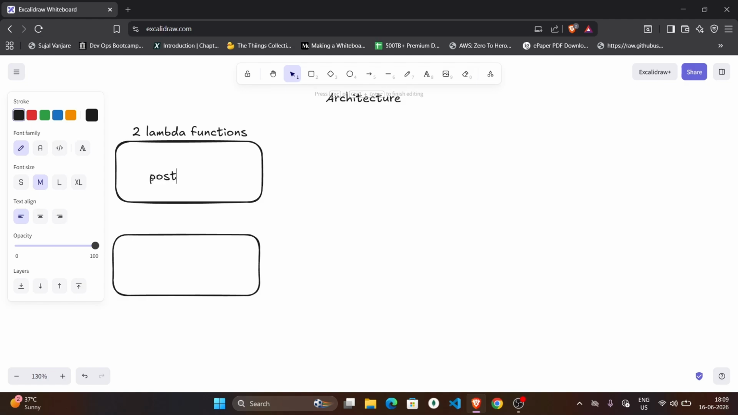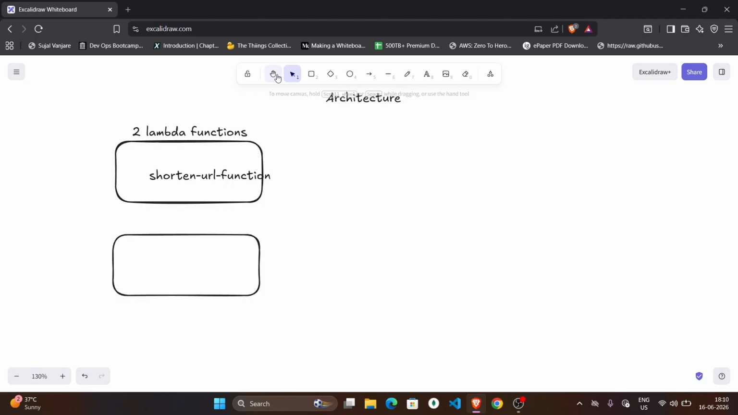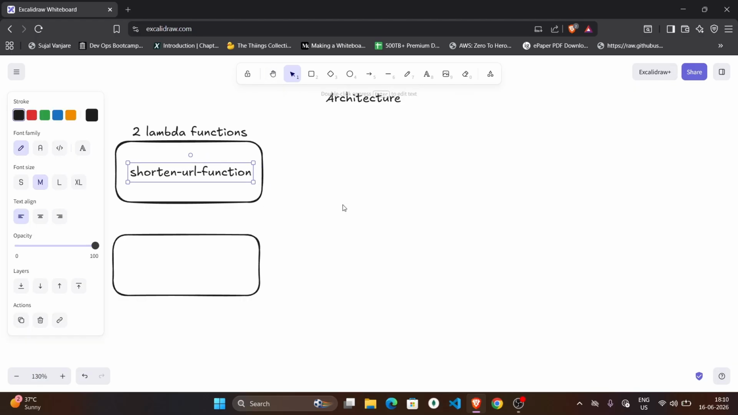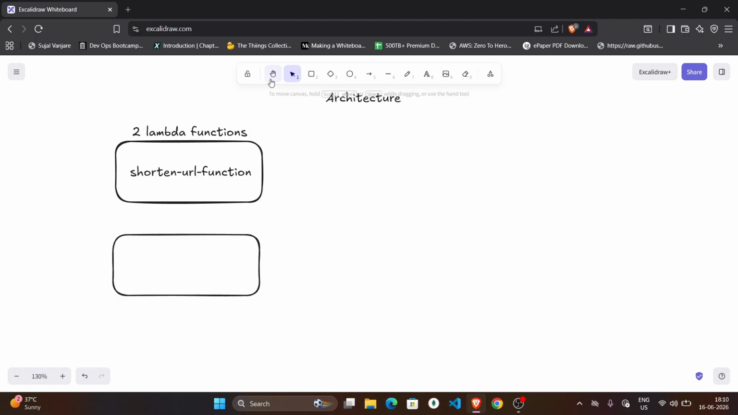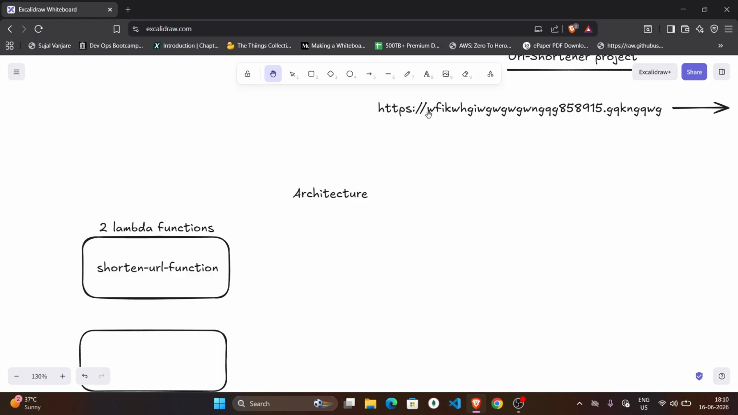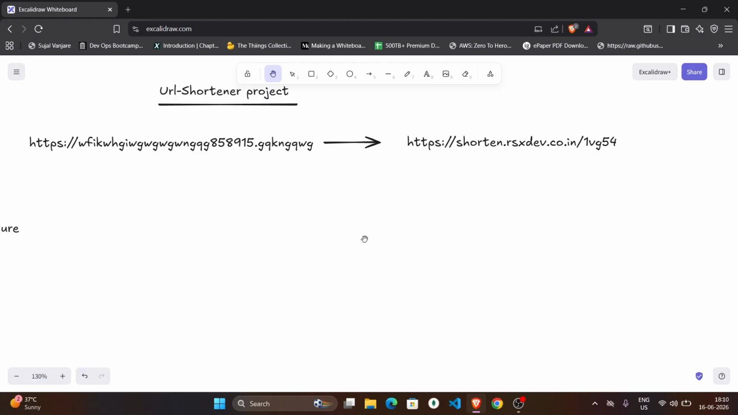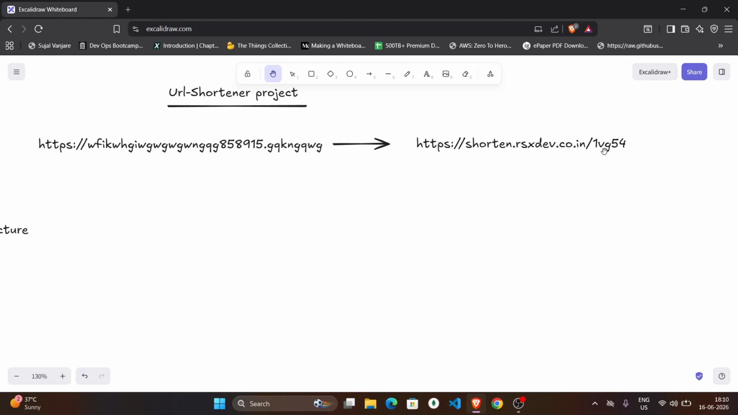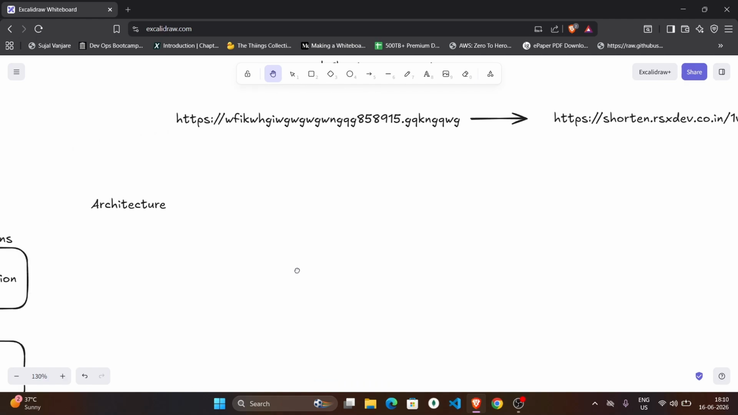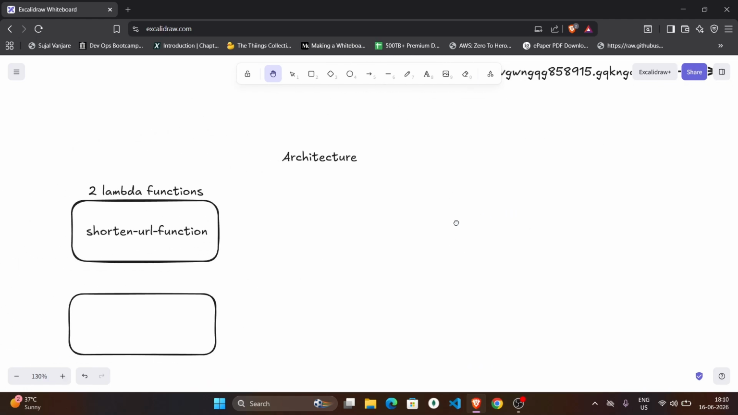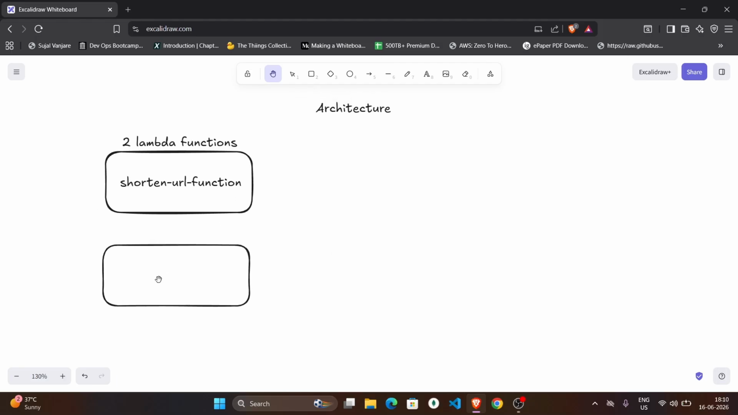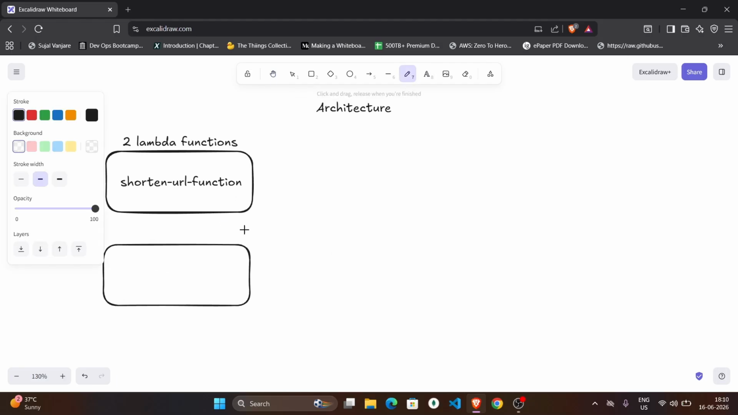First is the shorten URL function. This function we will write in TypeScript. What this function will do is take this long URL, store it inside the DB and give the user this short code. So this function will be stored inside this shorten URL function,